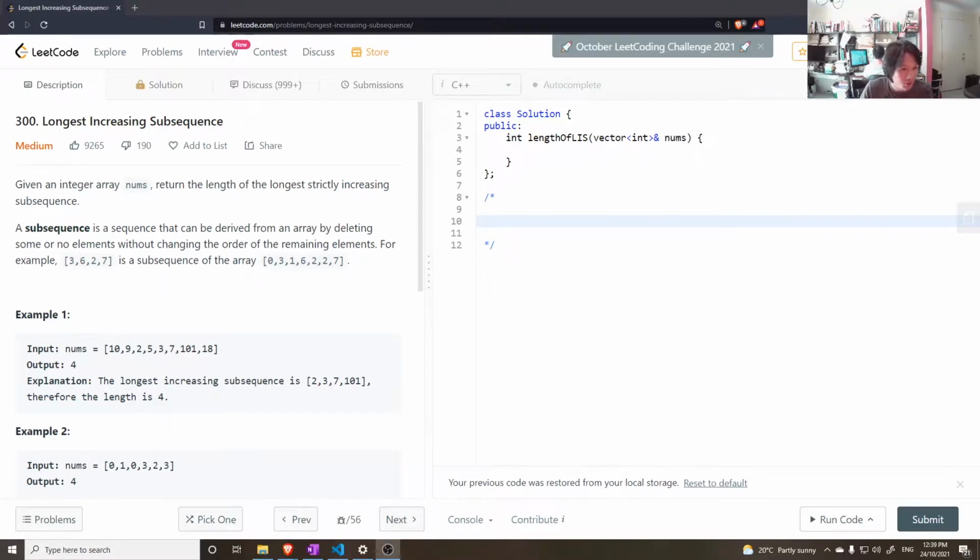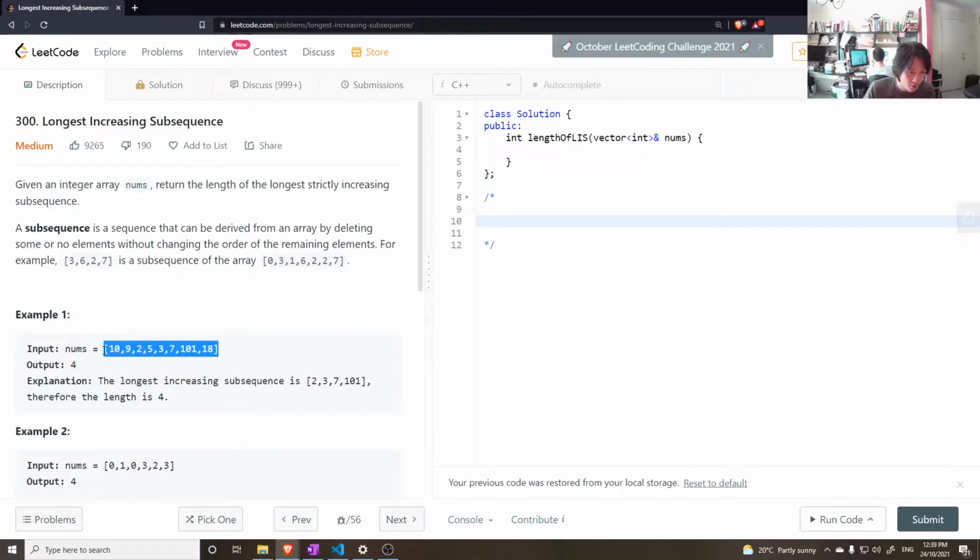Hello, let's do this question. Longest increasing subsequence. You're given an array of numbers and you want to return the longest increasing subsequence. So that's numbers not necessarily contiguous with each other in the original array, but are increasing. So if you take this one for example,